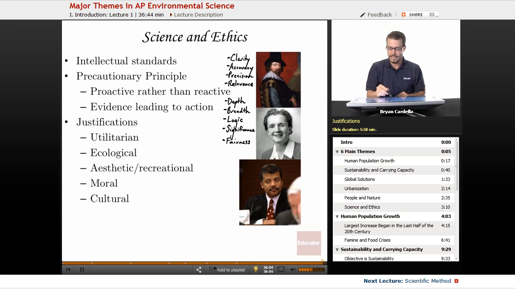And here we have Neil deGrasse Tyson, famous in intellectual and science circles for years, but these days he's even more famous because of Twitter and because of a show that came out recently called Cosmos, a reboot of the Carl Sagan show. So these are scientists from different times, different decades, but I'd like to think that because of their ethical and moral fortitude, these people have helped. We're standing on the shoulders of giants. I love that expression because people from the past and people today are making it so that we can make right decisions regarding environmental science now and in the future.